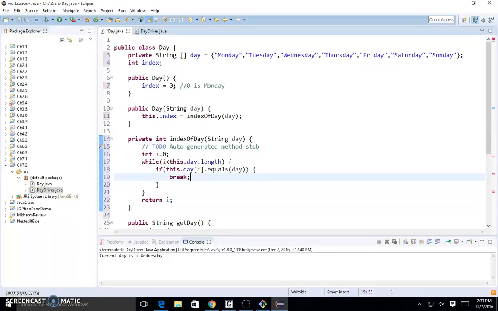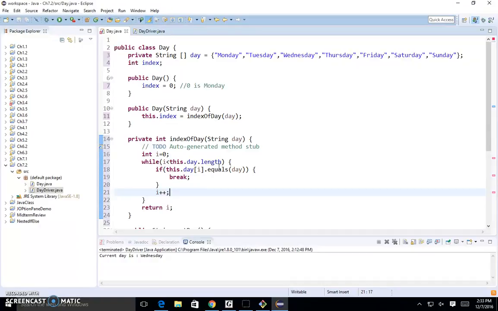When we found it, we just break out of the loop. That means it's going to return i at that point. It's no longer going to increase i. If you don't find it, the if is never satisfied, it just keeps increasing i until the length, which will return. If it's not finding anything that is equal, then you should do something to take care of